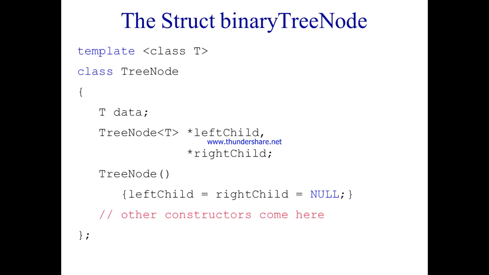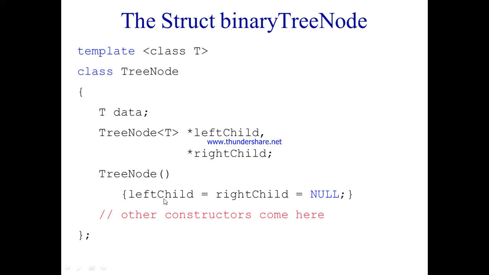For understanding this, I have taken this template of a class T. So how do we create this data structure in C++? We need to create a tree node. The template is class T, and we'll have the data, left child, and right child. Left and right child, again both are tree nodes themselves.